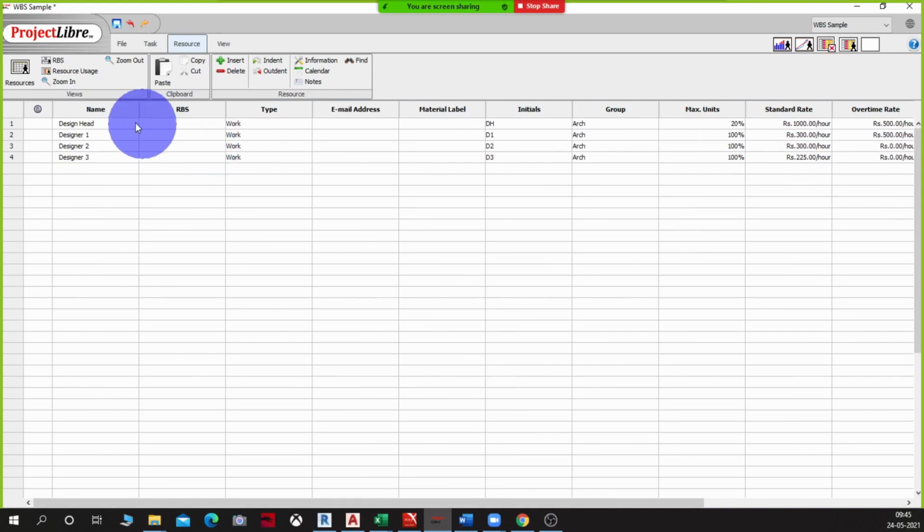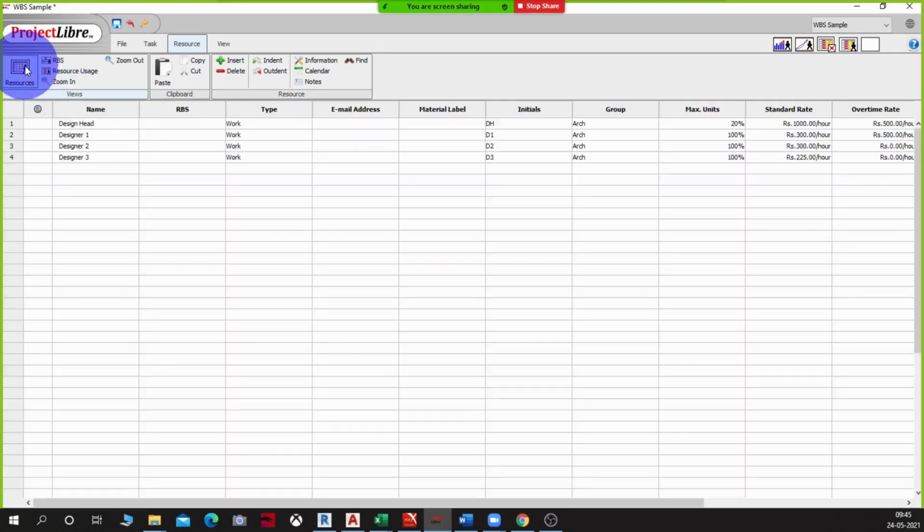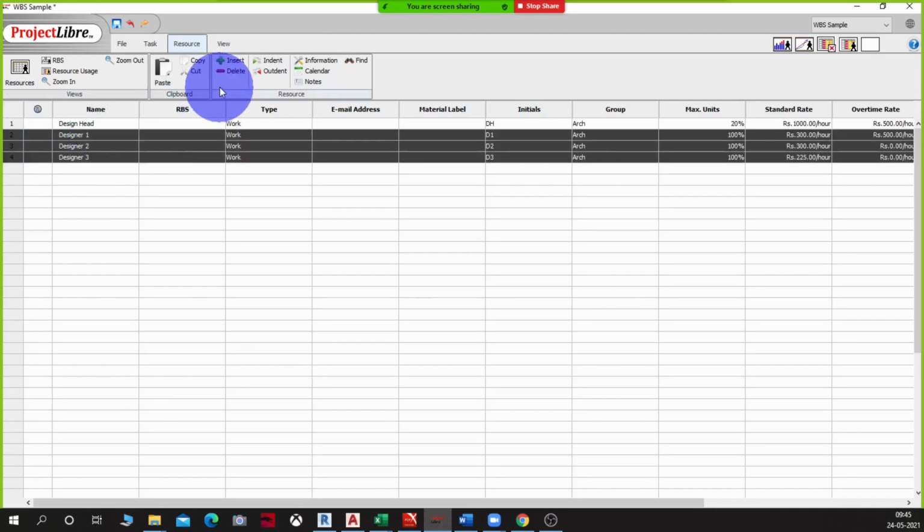Now let me come down here and see the resource breakdown structure. You see that RBS on top here. Let us click that and see. You see it's again showing a flat structure. It's not showing me the cost roll in. So I'll come back to resources. Similar to what we did for the other exercise, we're going to do an indent here as well.